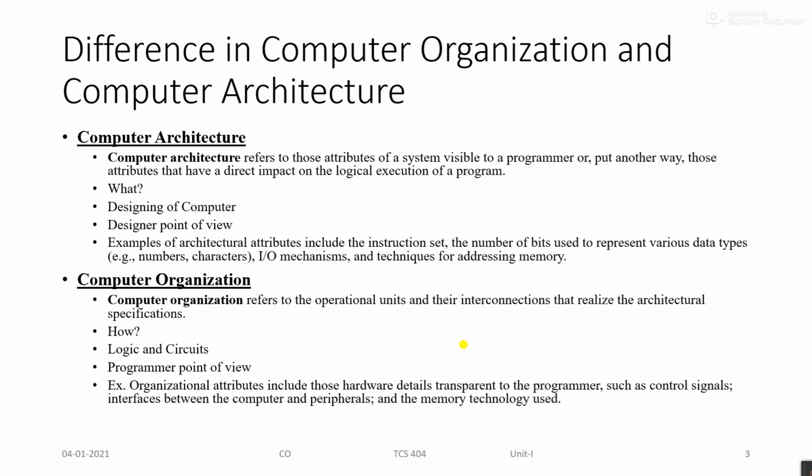So examples of architectural attributes include the instruction set, the number of bits used to represent various data types, for example numbers or characters, input output mechanisms, and techniques for addressing memories. So all these things are needed whenever we deal with computer architecture. In computer organization,